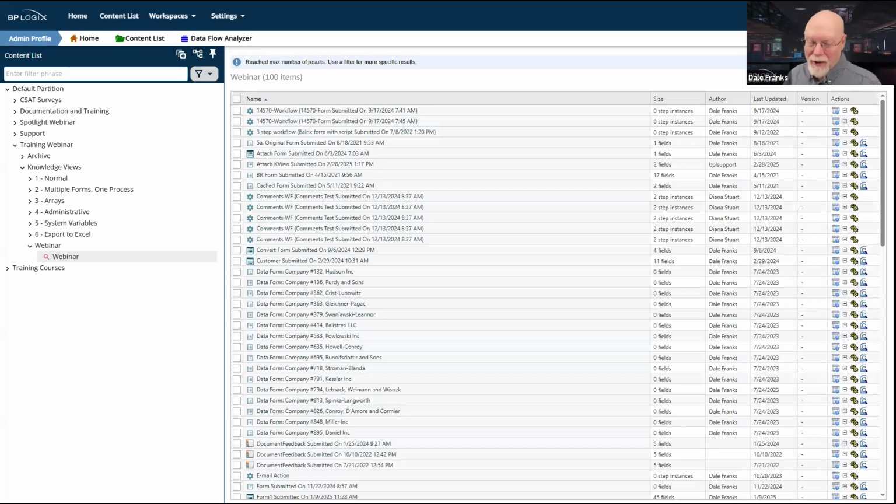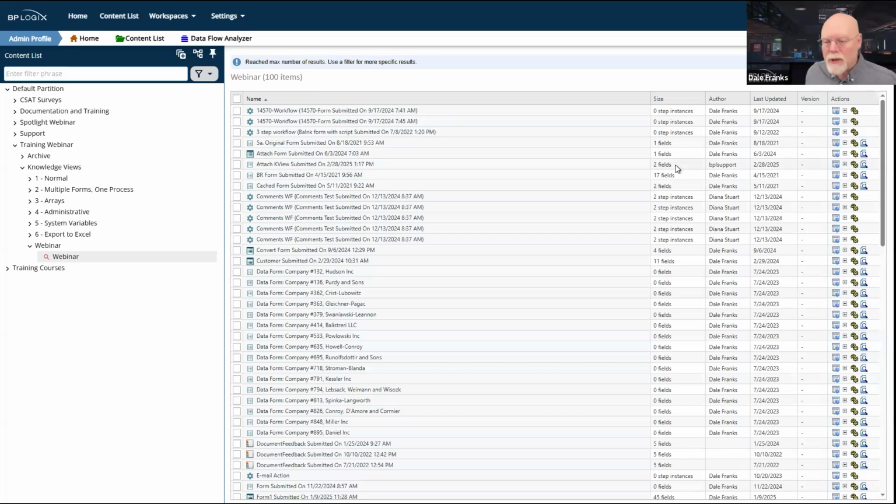Your job with a knowledge view is to limit what it is going to return and what it is going to show you or your users whenever the knowledge view runs. So the whole point of configuring a knowledge view is winnowing out all of the data that you don't want to see. Because the second you create a knowledge view, it's configured, it's ready to run, and it's going to return pretty much everything in the system that its default configuration is asking it to return.